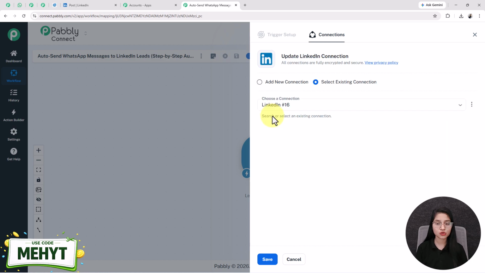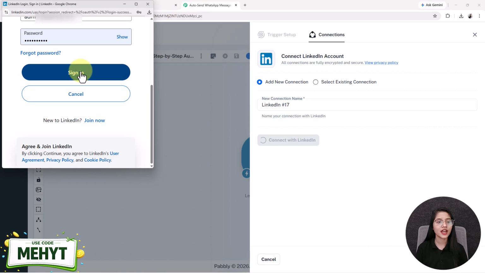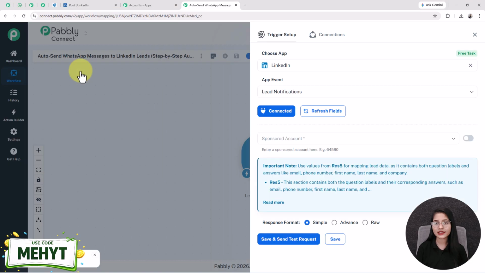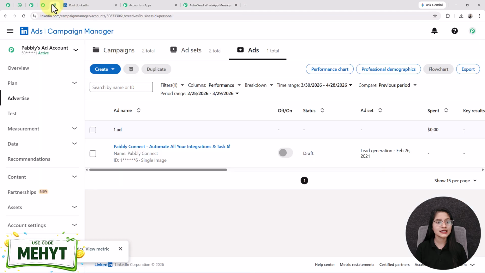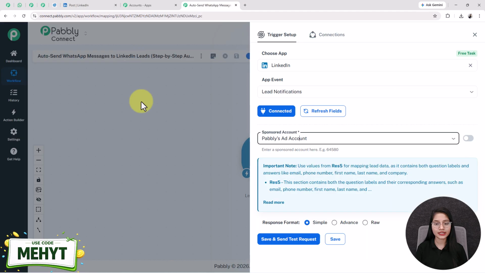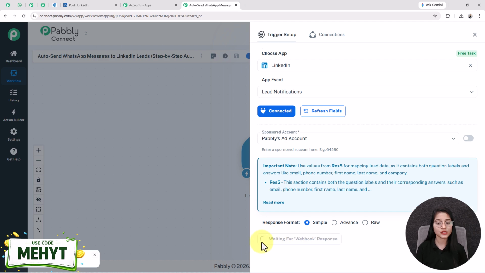See, it will provide me two options, named add new connection and select existing connection. If you have an existing connection, then you will go with this option. Here I am going to make a new connection, so I will click on this add new connection. Next, I will click on this connect with LinkedIn. After that, you have to do the sign in process. And this is how easily you can connect your LinkedIn account with Pabbly Connect. Next, I am selecting the sponsored account as Pabbly's Ads account. See, this is the same account I am using right now. After that, I will click on the save and send test request button, and you will see it started waiting